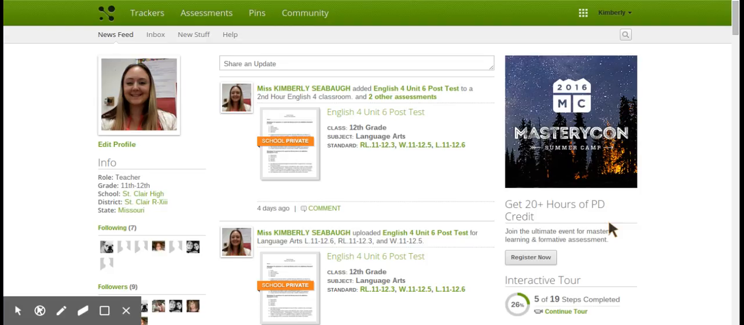Today we're going to go over how to create a tracker. And there are two ways to create a tracker. You can create a tracker from a curriculum map, and we'll go into curriculum maps in a later video. But if you already have a curriculum map, I found it easier to create a tracker from the curriculum map,